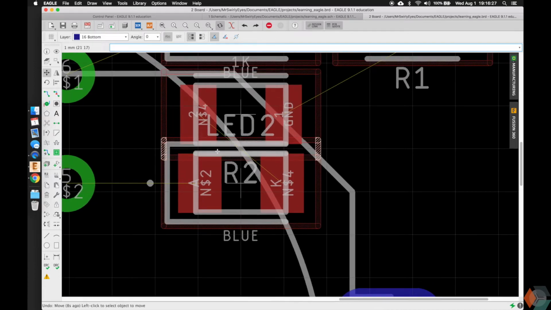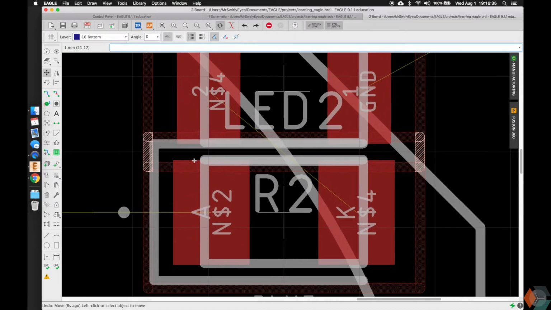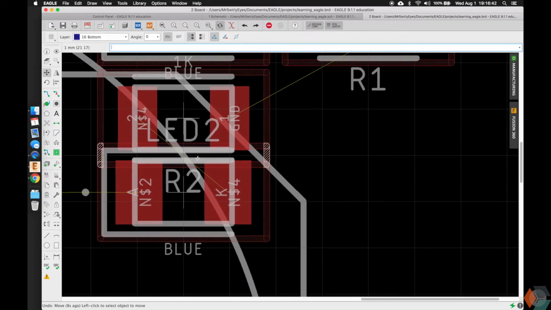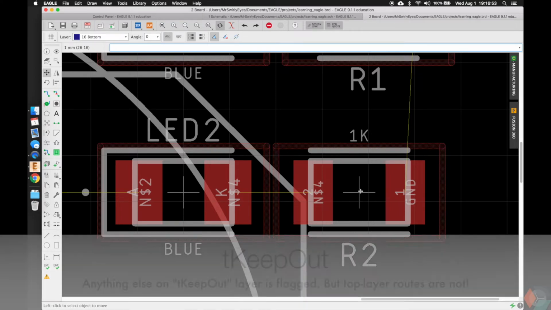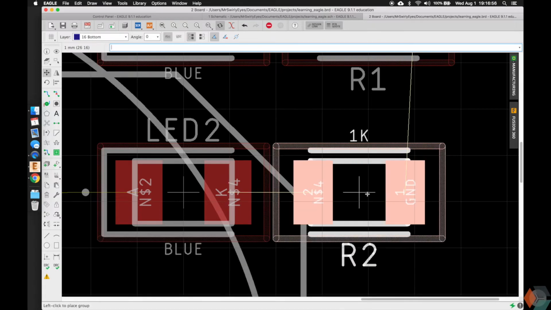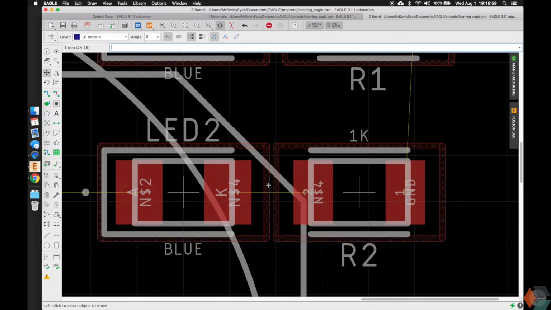And also if it was this close, which is manufacturable, the silk screen will be running over each other. However, this would be really hard to solder. These points are less than half a millimeter away. This is probably like 0.1 millimeter or so, and that is close solder. So what we have done is in all our libraries, we put this T keep out layer, which pretty much says anything on the top side should keep out of this. And that's to protect you from putting things too close to be able to solder it or for the manufacturing